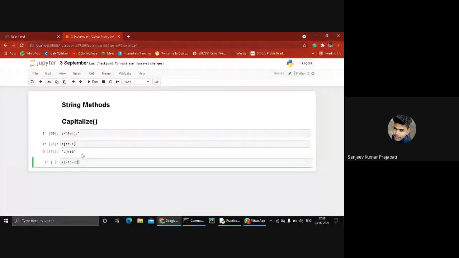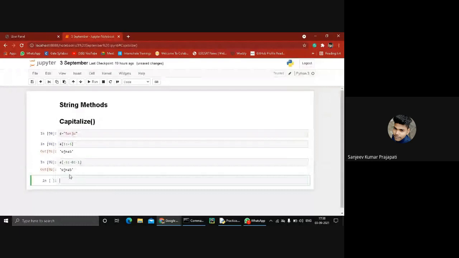Again type minus one. So you see these are two methods to convert your entire string into a reverse. Okay. So clear?